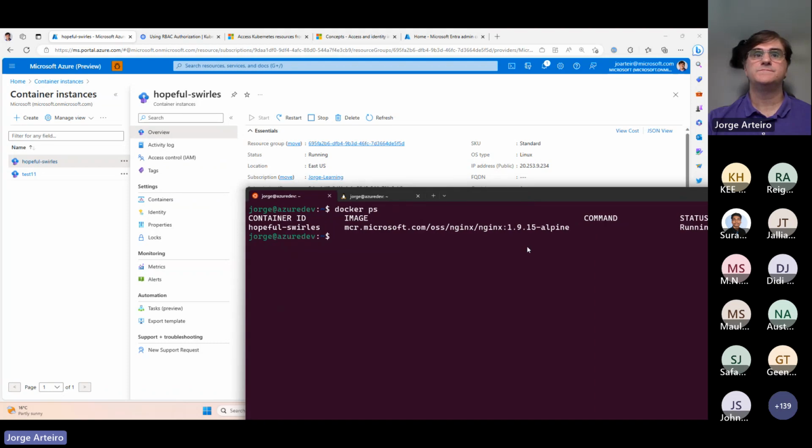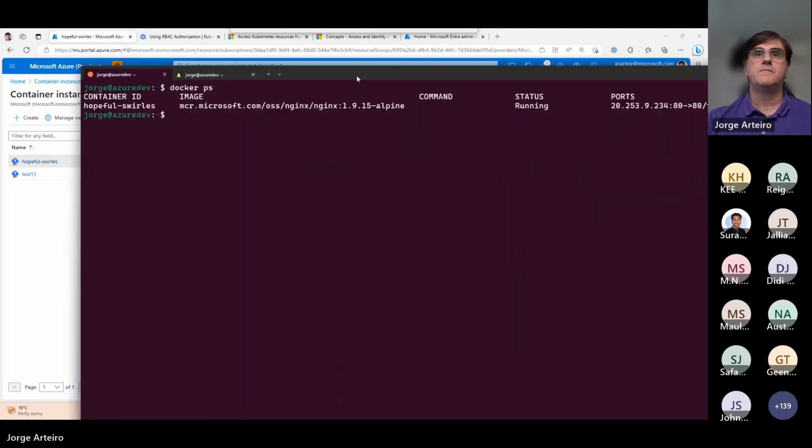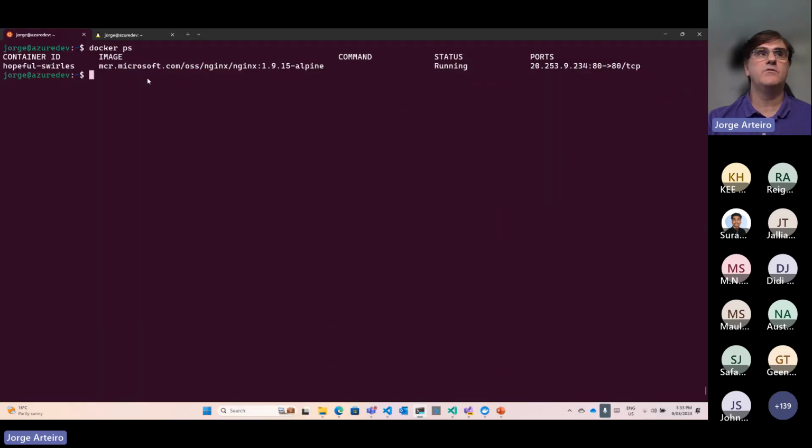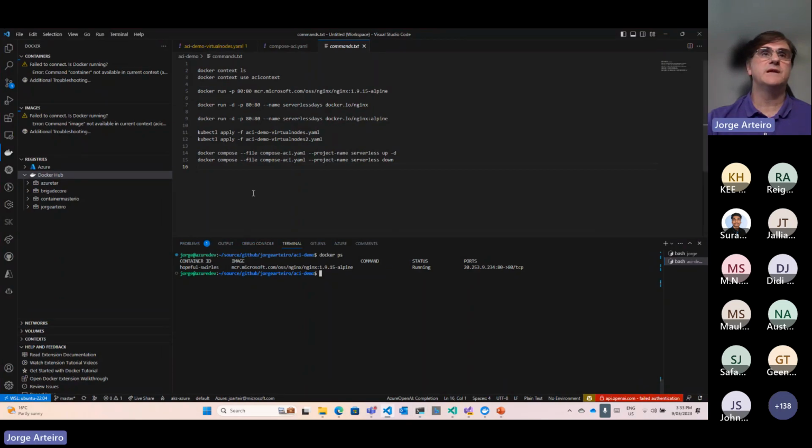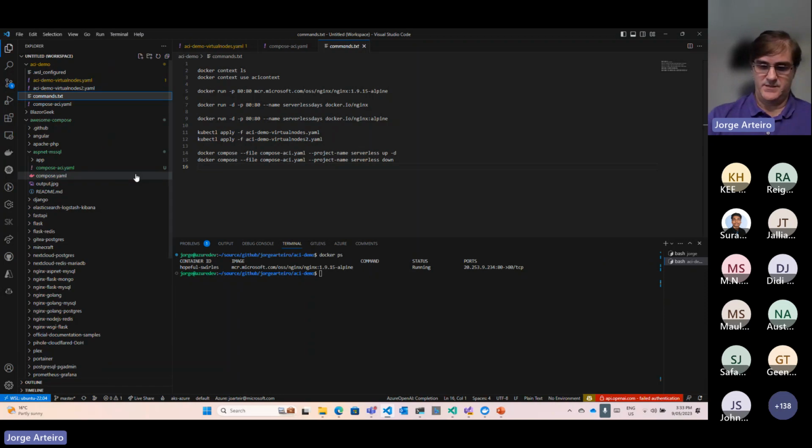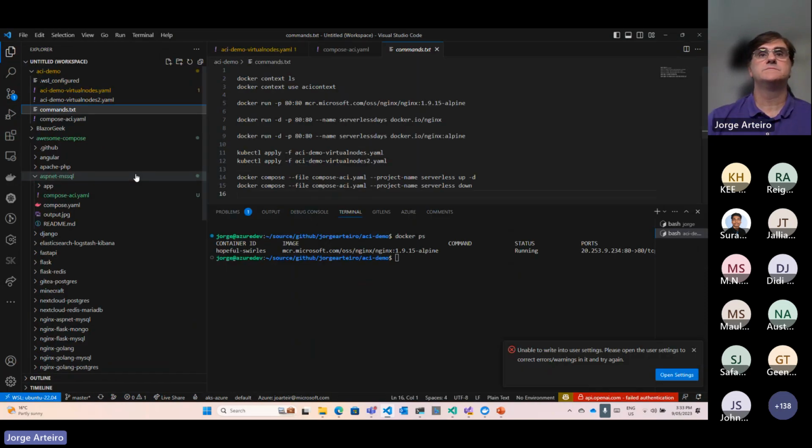See the name, it's the same name. I was able to run a Docker command and create this container from here. How did I do it? Let me show you that. Let me make the font a little bit bigger.